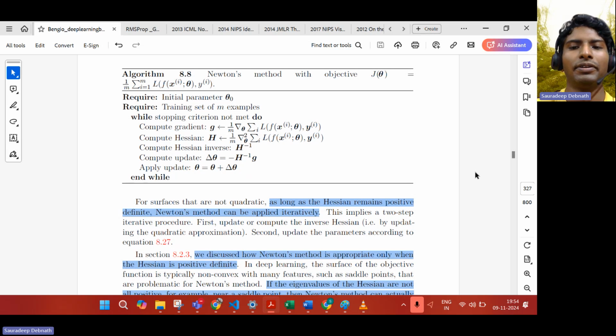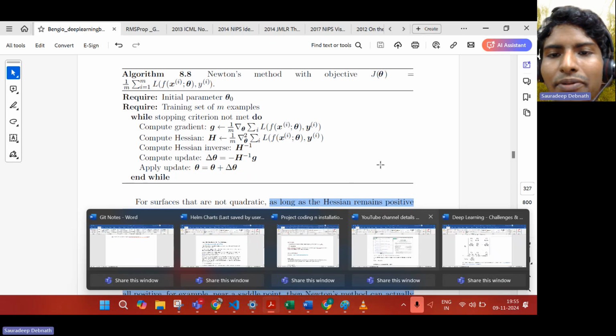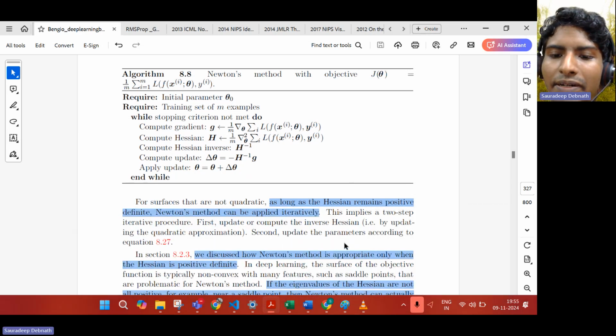Now, there are some issues with it. Before understanding that, let's first understand eigenvalue, because only then can we understand the shortcomings of this as well as some of the benefits of Newton's method, right? So eigenvalue is nothing but